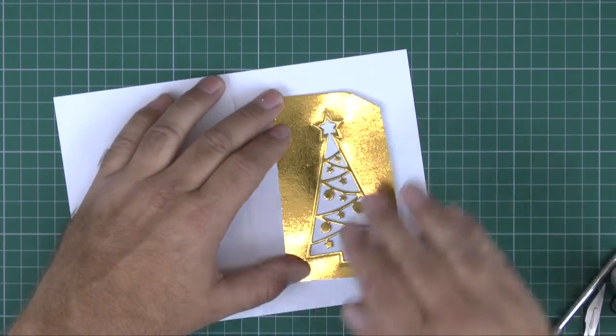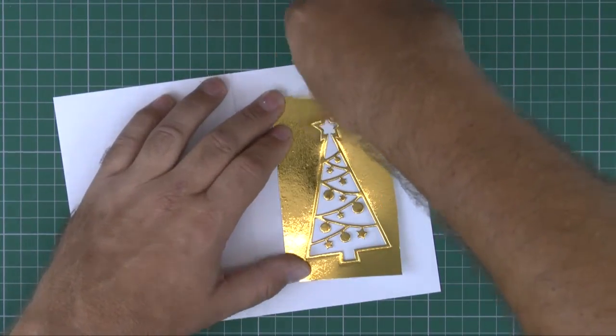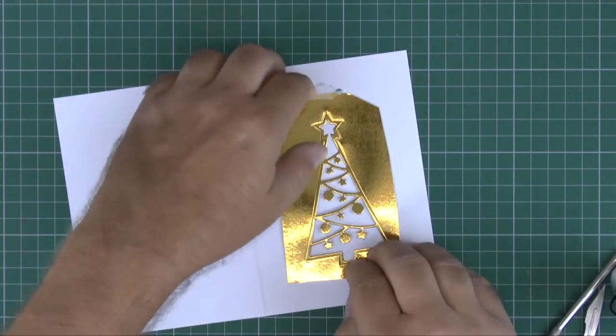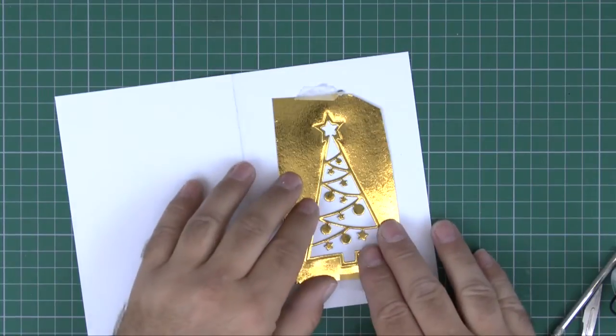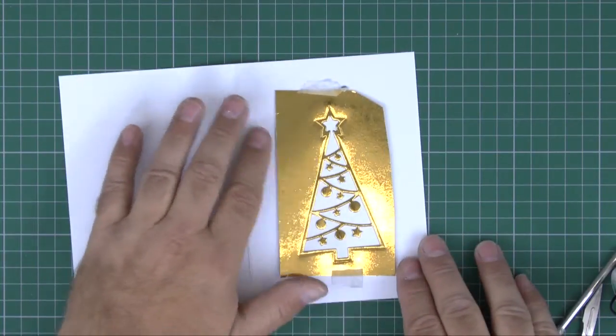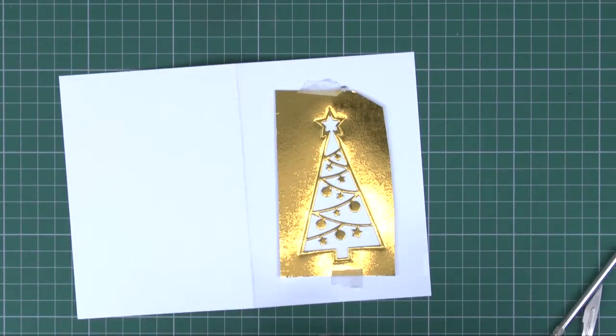Again, I'm just going to visually pop that there, and with a little bit of tape, just hold it into position so that I can just work with it top and bottom. Now the tape will just hold this into position for me so it doesn't move, and then I just come back now and again